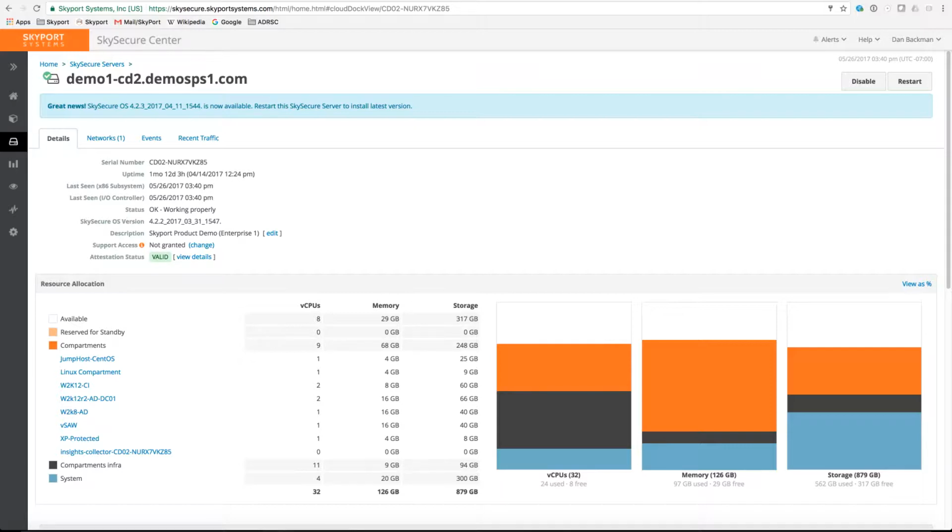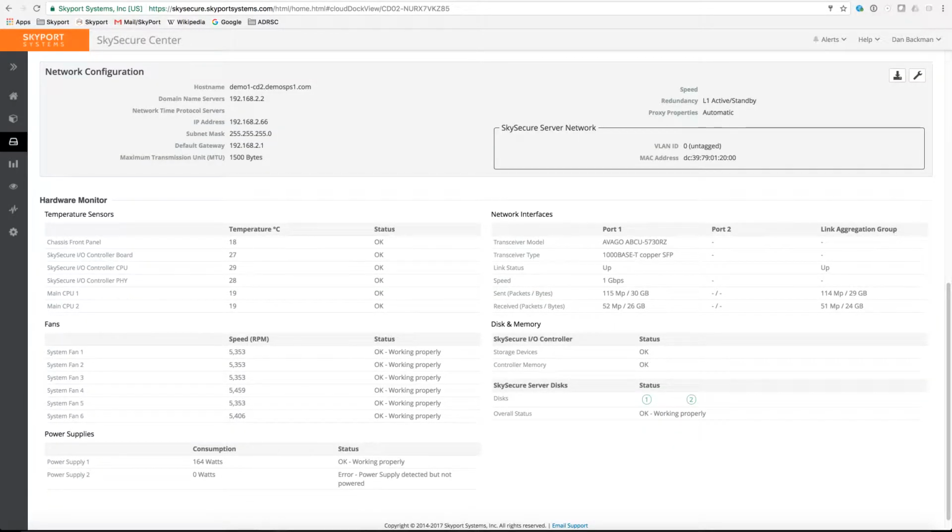In fact, if you're a SkySecure customer, you know that this can only be your device because it's cryptographically tied to the TPM chips inside of the hardware. This unique identity and remote attestation is a fundamental capability of the SkySecure system. With our existing installed base, we've already been able to detect potential hardware errors and actually proactively replace systems based just on this information that we're able to collect from the hardware.